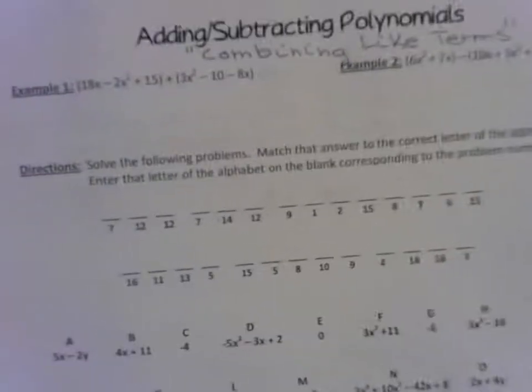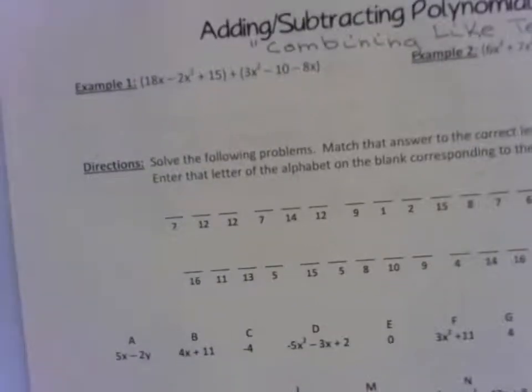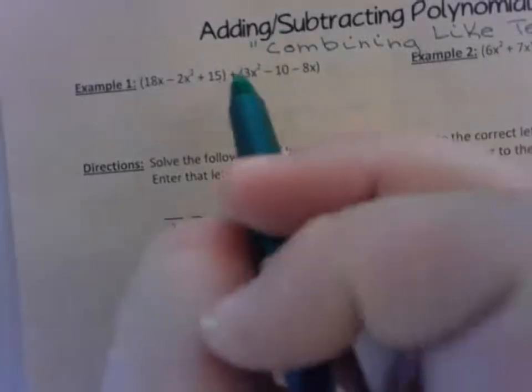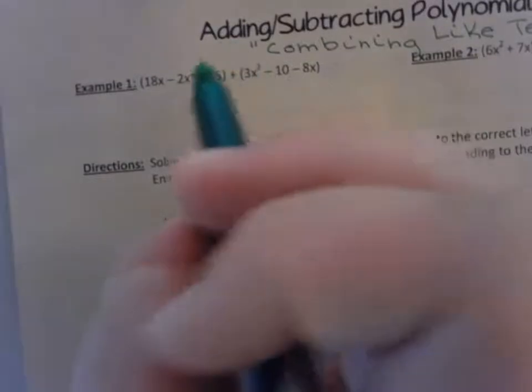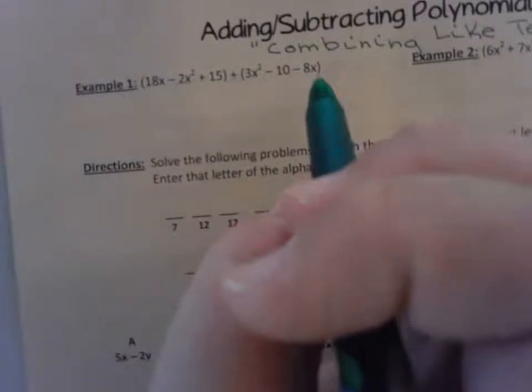Now, look at example 1. Every year, when we do polynomials, I always have a couple students who screw this up and make their life a lot harder. As I look at example 1, I see parentheses, but what do I see in the middle? Addition. A plus. So you are not multiplying these. Just because you see two sets of parentheses, you have a big plus in the middle, so do not try to multiply these together. Every year I have that. Notice I have a big plus. I am adding two polynomials together,